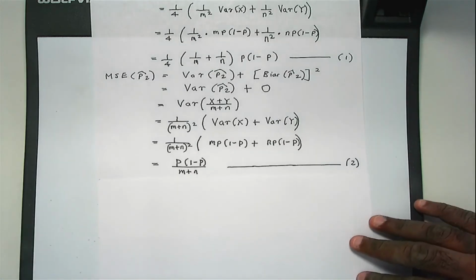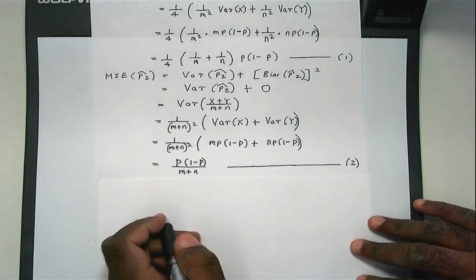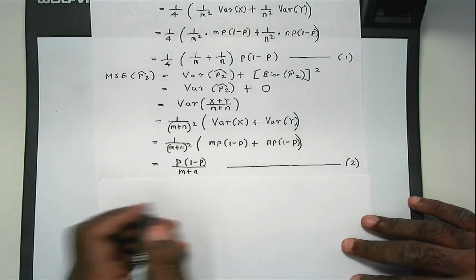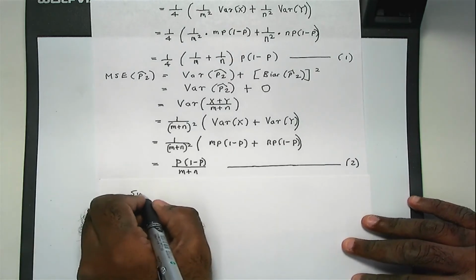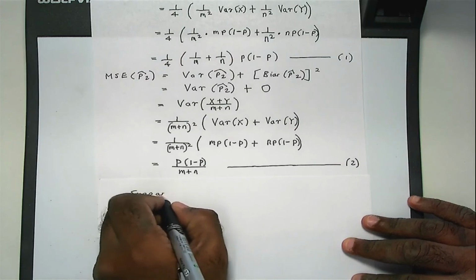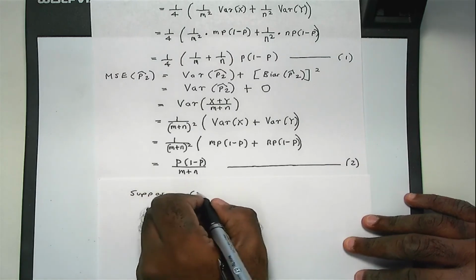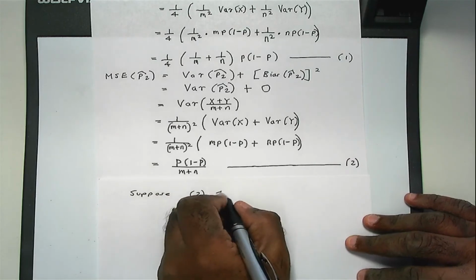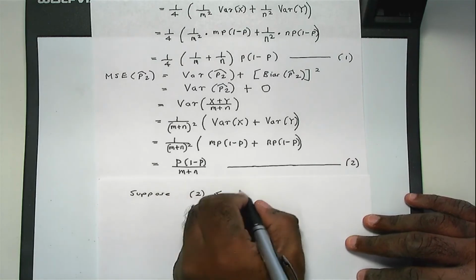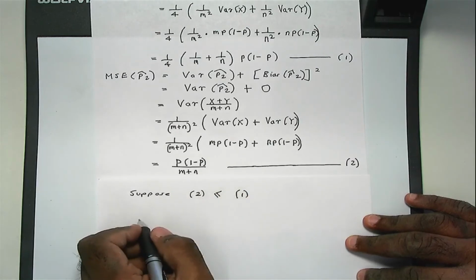Now, suppose, I'm just guessing, I may be wrong, right? Suppose equation 2, the MSE for the second estimator, is less than or equal to the MSE of the first estimator, right? So that's the same as saying that